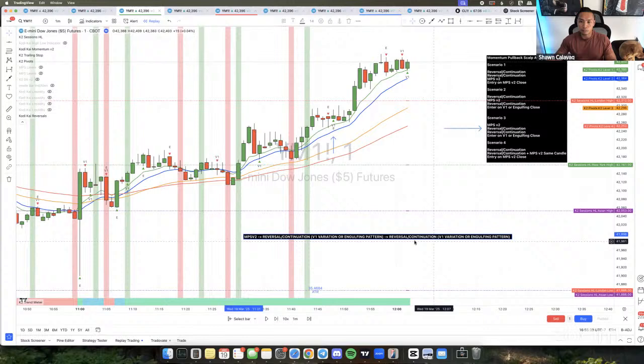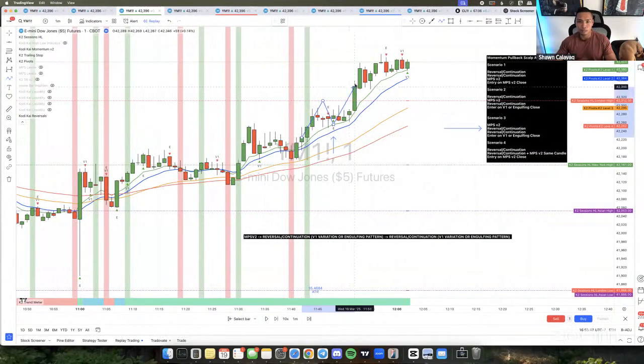Then for the third one here is where your entry actually happens. You're basically looking for legs. You're looking for a leg of continuation. You're looking for this, right? First entry is right here, and your second entry. And then you got price pushing up, and this is where your A++ setup comes up. So with this one right here, you got MPSv2, reversal continuation, and this is going to be the A++ setup, because you have 3 that line up. Basically, for every scenario here, it's 3 setups. So you have one MPSv2, one reversal continuation, and then this one is going to be the actual entry for